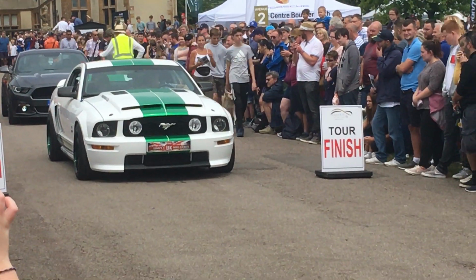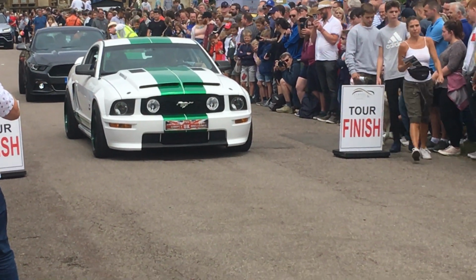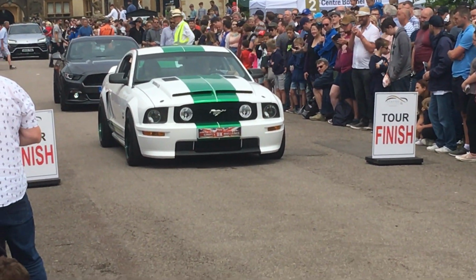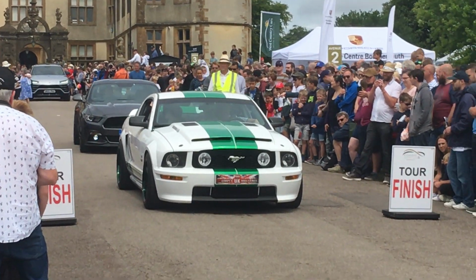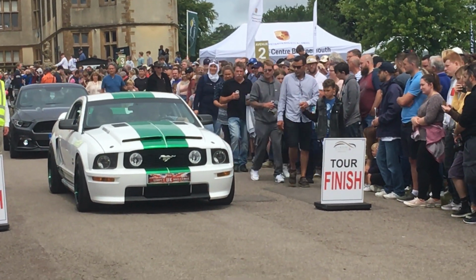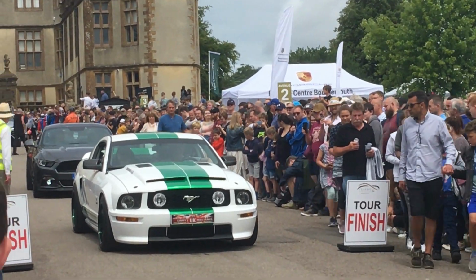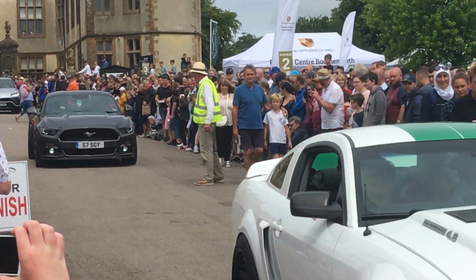Next up is Pete Bridges from Taunton with his white 2007 GT with upgraded 4.6 litre 3-valve engine, producing 386 brake horsepower. What hasn't this one got? It's got JLT cold air intake, slightly larger throttle body, chrome long tube headers, no caps, a straight through 3-inch exhaust with MagnaFlow markers, adjustable coilover shocks, springs, 2-stage racing clutch, and high pressure oil pump. Let's just say a lot of mods. Pete loves most things in American, and he has owned various American cars since 1983. Thank you very much, Pete. Rev off. And finally,